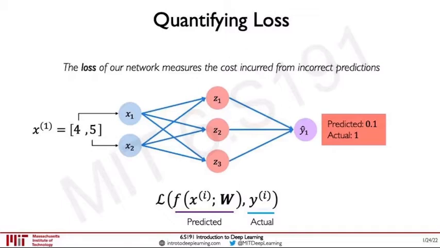The loss of our network measures the cost incurred from incorrect predictions. I'm going to say that again. When you have an incorrect prediction, just like this guy now, the architecture predicted 0.1,